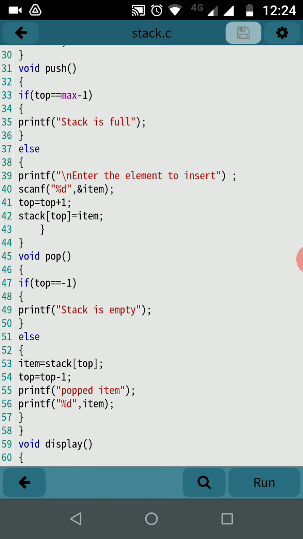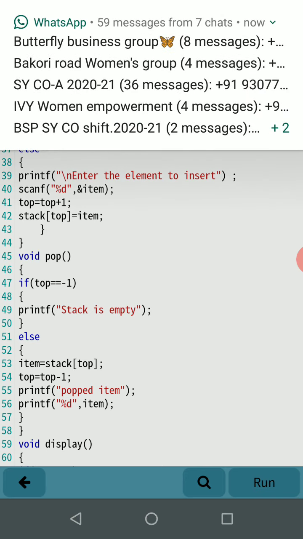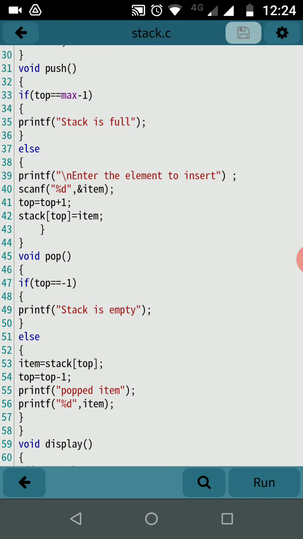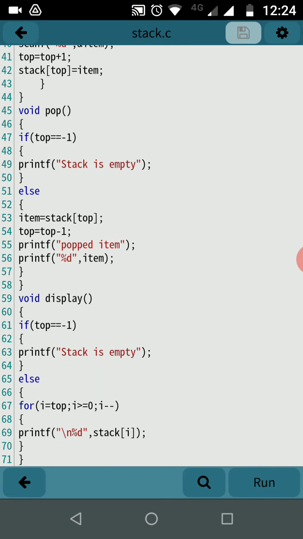The second operation is the pop operation, that means deleting an element from the stack. Here we have to delete the element from the stack. For that we first check if the stack is empty or not. The condition for that is if top equal to -1, the stack is empty. If the stack is not empty, then we delete the element.